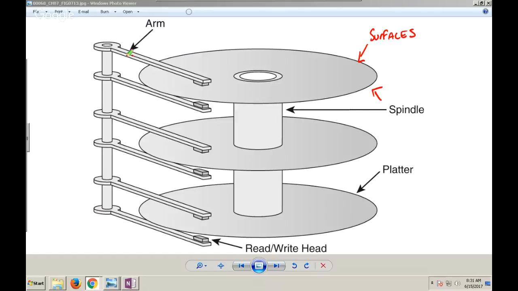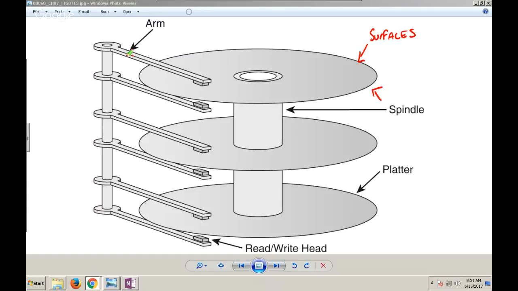Now, there's a restriction here that matters when that arm is moving that read-write head out, especially in a situation like this. These arms are physically linked, meaning when one moves, they all move. I don't have a place where my arms are all going different ways at the same time. They all scan in and they all scan out at the same time, so they're always on the same track together. I could read from all 6 surfaces at once, because all 6 arms move together, but I can only really read from the same cylinder at a time.